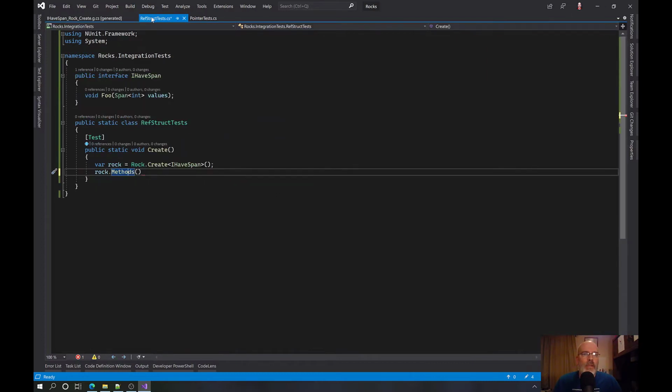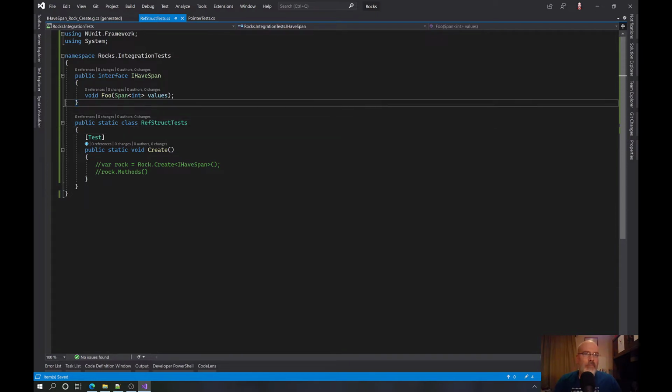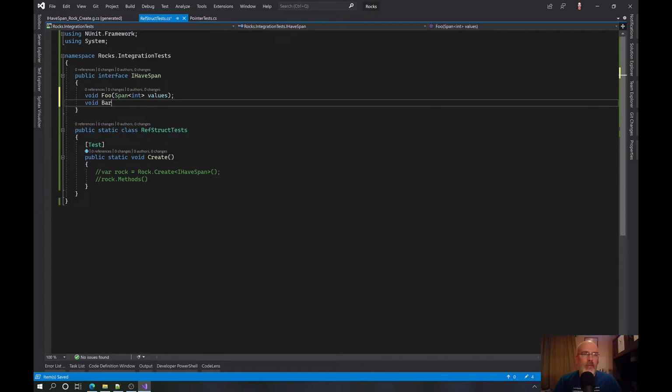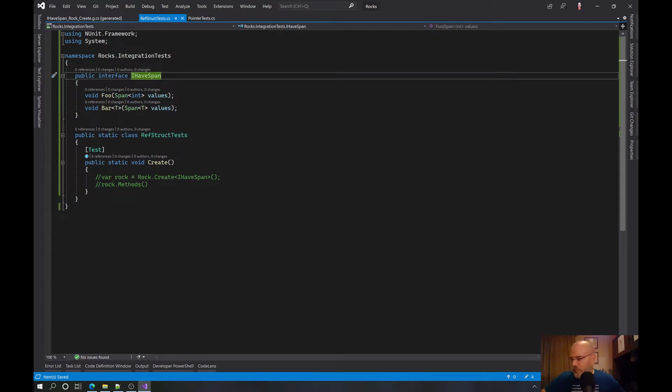Crap. Okay. I was not completely unsurprised that this failed as badly as it did. We should have a void bar of T, span of T values as well, because we want to have both of them generated and see how that works. We could also have the T up here, but never mind.